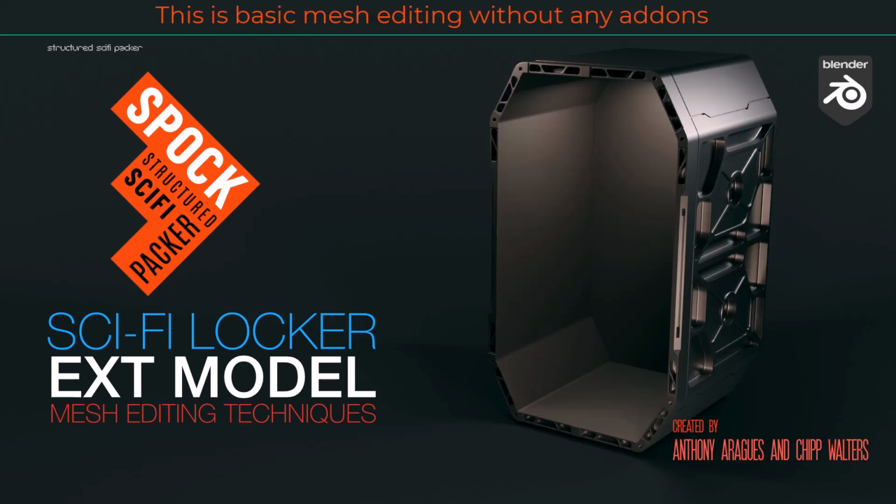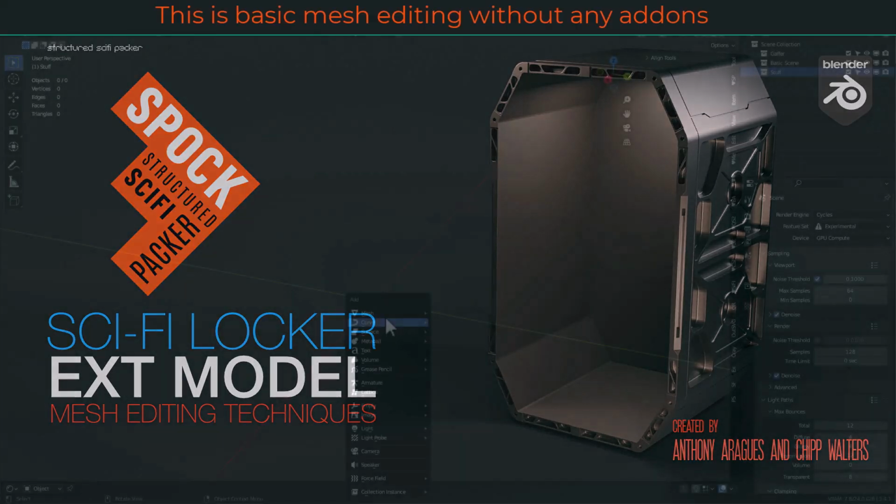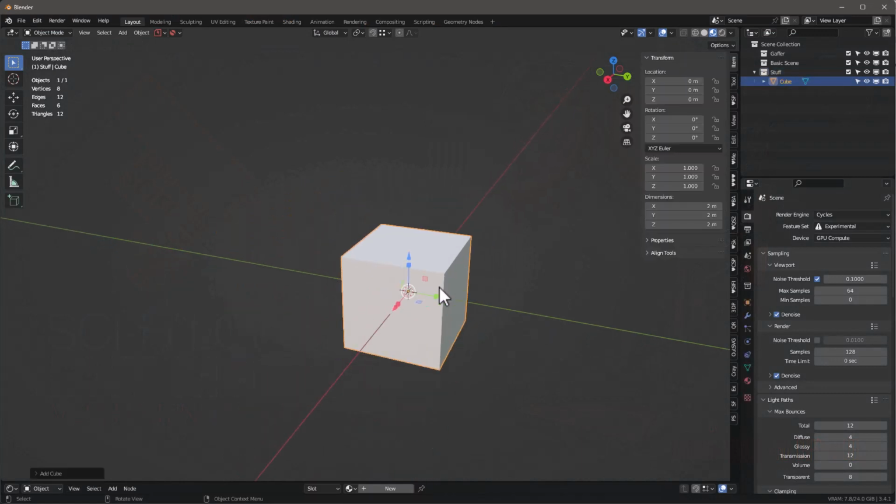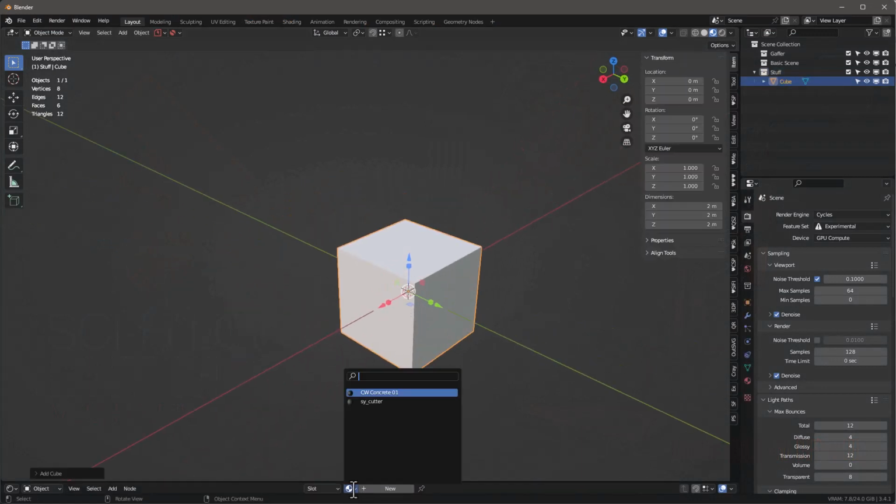Okay, so let's go ahead and get started. First, we'll start off by just adding a cube. And this is the default size. I'm gonna put this SY cutter